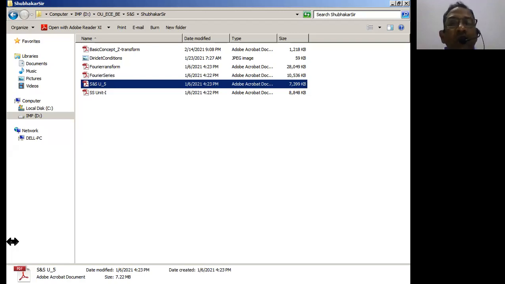So what are the advantages of the Z transform? The Z transform is going to convert the difference equation of a discrete time system into linear algebraic equations, so that the analysis becomes easy and simple for us. And convolution in the time domain is simply converted into multiplication in the z domain, same as the basic Fourier transform property, where convolution in the time domain is equal to multiplication in the frequency domain, as we discussed.